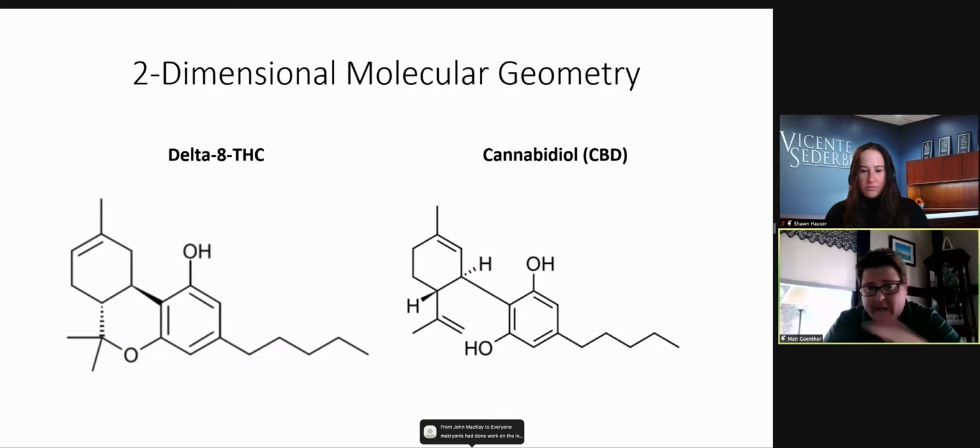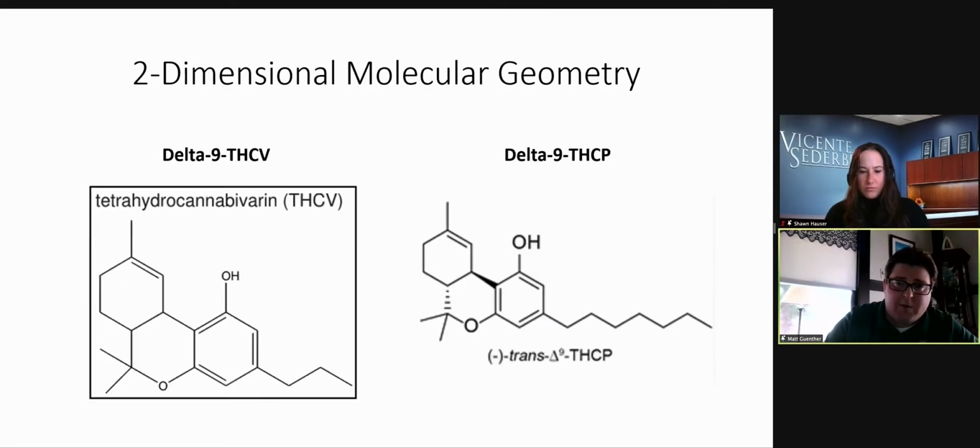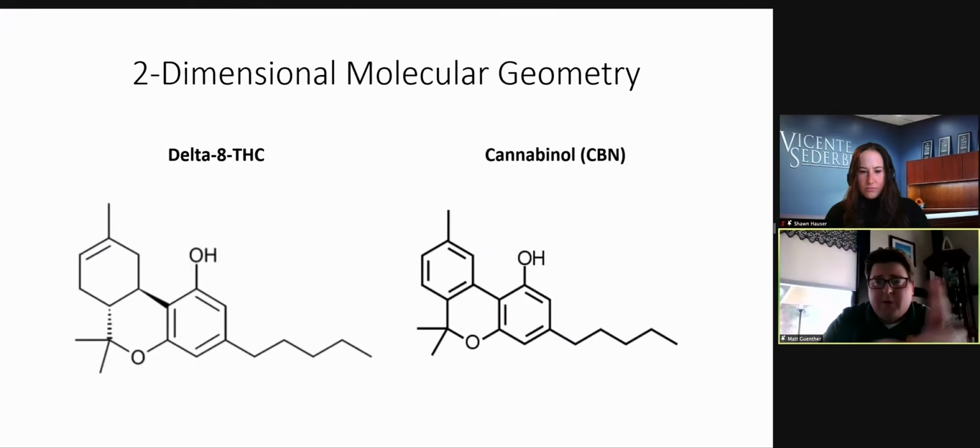CBD, this antagonist, it has a broken ring system. Doesn't look too different at the two-dimensional level, but three-dimensionally it makes a very big difference. We're going to see that in a second. Also, really wanted to bring up a comparison, not too far, to CBN, because as Rick has pointed out too, stability is critical, especially when it comes